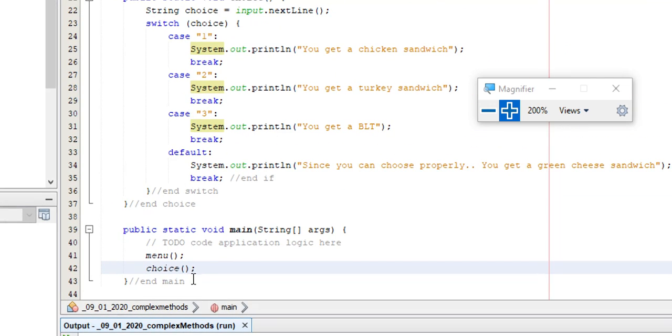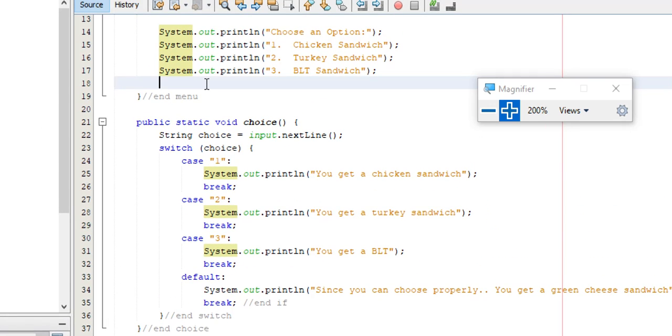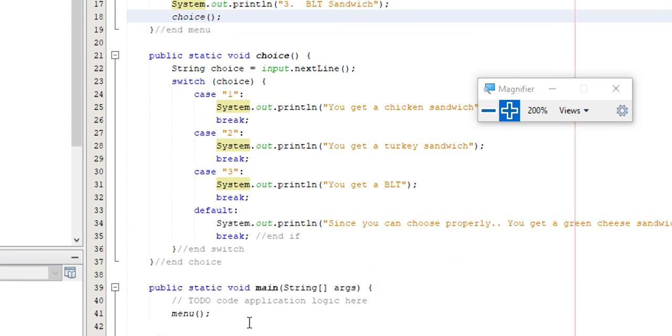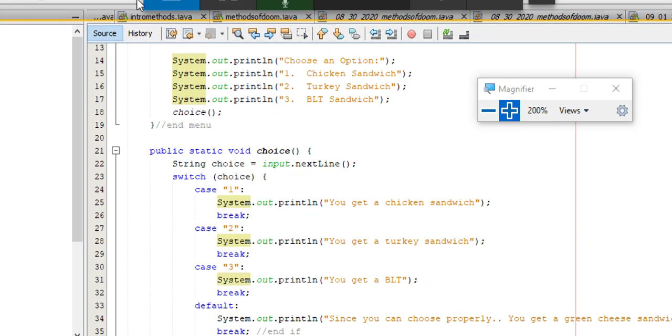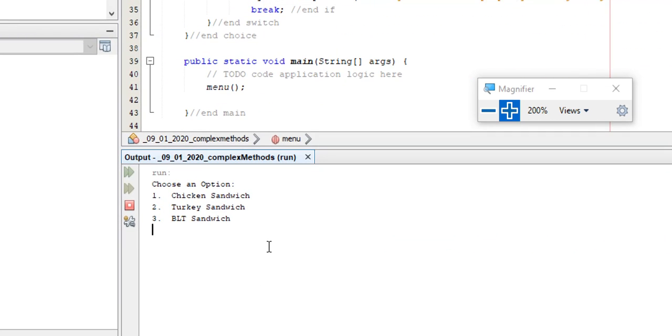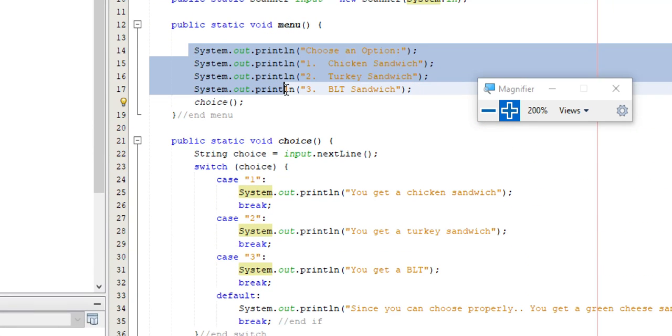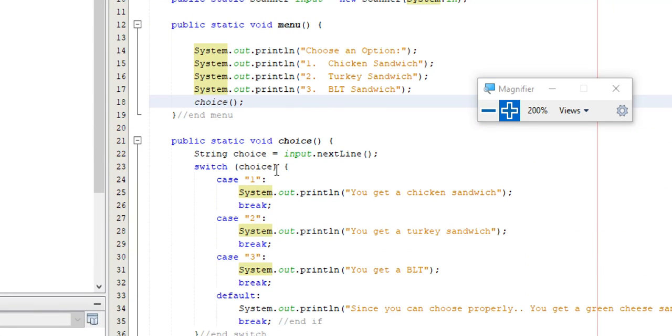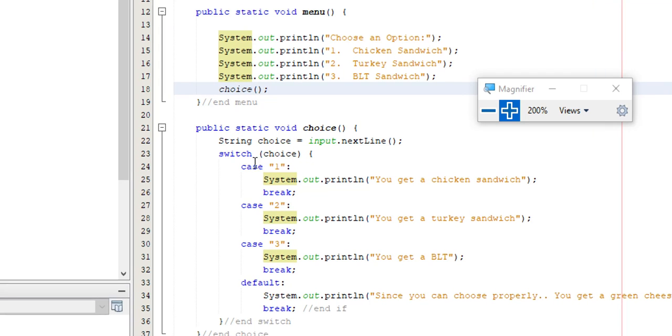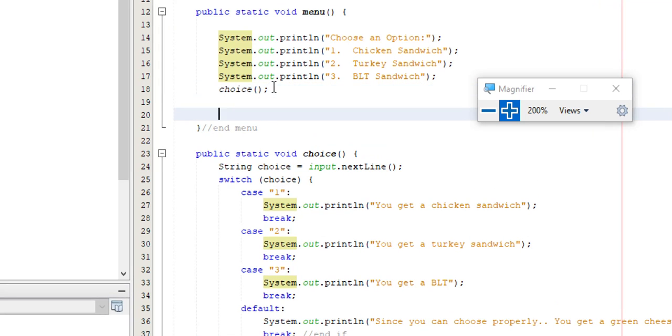Probably it's better if I just get rid of that and I put it at the end of this. Choice. Because then my main only has one line of code. Menu. The menu runs, and then it runs to the choice, and it runs that. So we take a little look. I'll have a turkey sandwich. And it tells me I get a turkey sandwich. So basically what happens here is it runs this code, gets the choice, runs choice, does that thing, and then it backs up. And if there's anything after this,